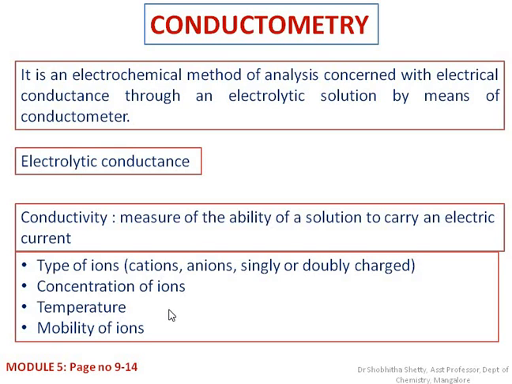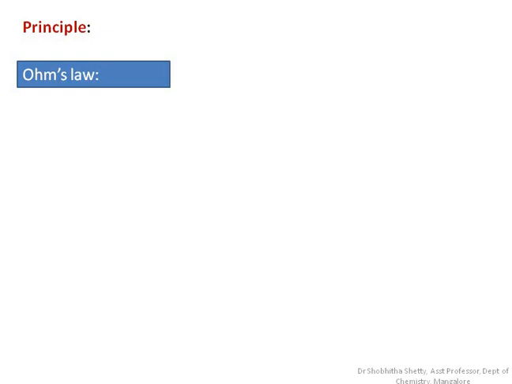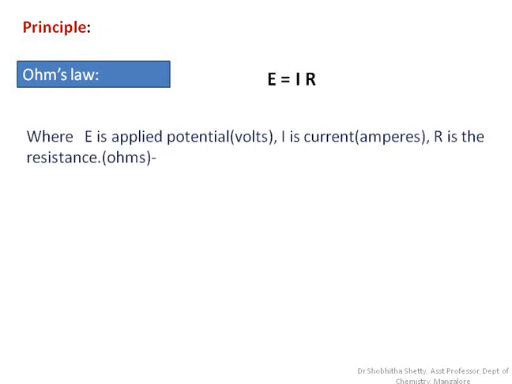We know the basic concept of Ohm's law, which is in terms of conductivity, resistance and conductance, as we are all familiar with these terms. I will briefly mention a few introductory points about resistance and conductance. So we know what Ohm's law is. Ohm's law is E = IR.